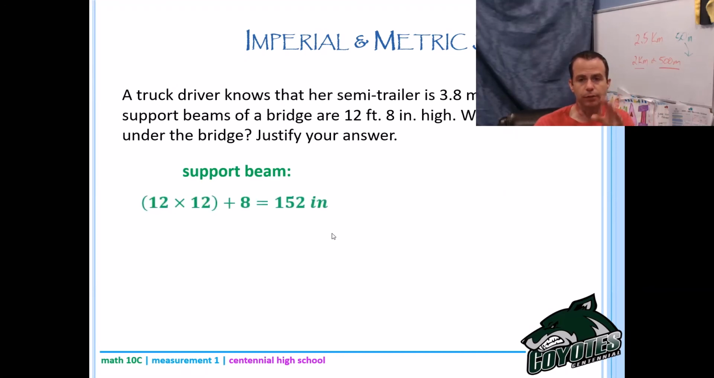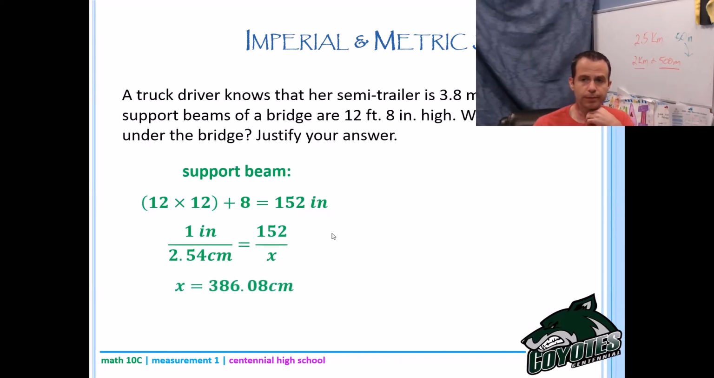So I went 12 times 12. That gives me how many inches are in the 12 feet. And then I added 8. So altogether, I have 152 inches in height for that support beam. So now I need to figure out how many meters that is. Okay, so I need a conversion factor. I can go from inches to centimeters. So that's what I did. I went 1 inch is 2.54 centimeters. So 152 inches is x centimeters. Cross multiply, and I get